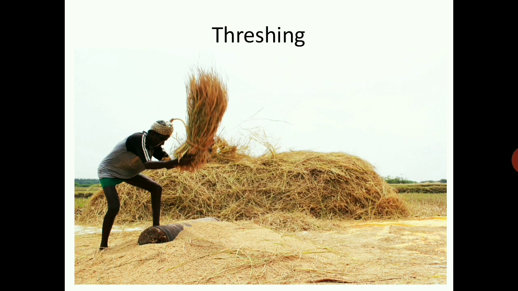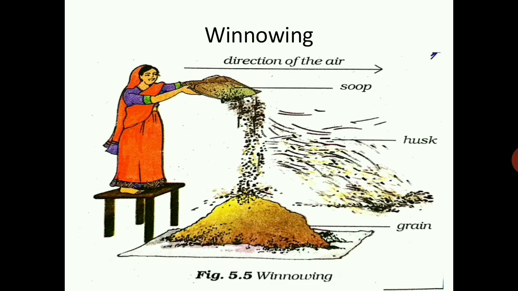The next one is winnowing. Make a mixture of dry sand with sawdust or powdered dry leaves. Keep this mixture on a plate or a newspaper. Look at this mixture carefully. Can the two different components be made out easily? Are the sizes of the particles of the two components similar? Would it be possible to separate the components by hand picking?